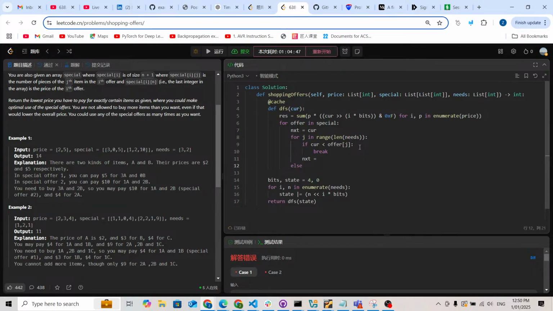Yeah, and else, this means we're going to write this easily. We don't need to prepare a flag or something else. We can use a for-else. So if there's no break, everything is okay. We're going to update to the next, and we're going to have the final result. So the final result is going to be the minimum of the result with DFS with the next state plus the